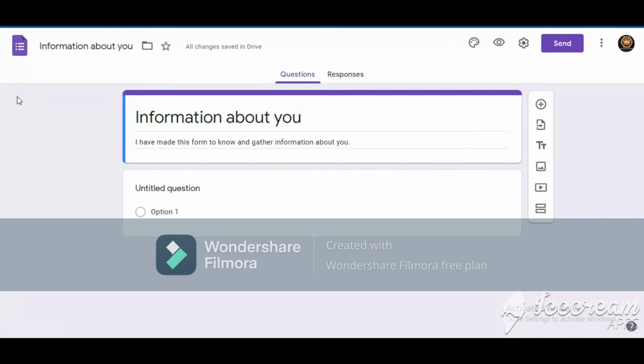Afterwards, when you try to get into the form, it will be named as information about you. By clicking that form at the home, you can get into it. Now step 2. In step 2, what we are going to do is complete